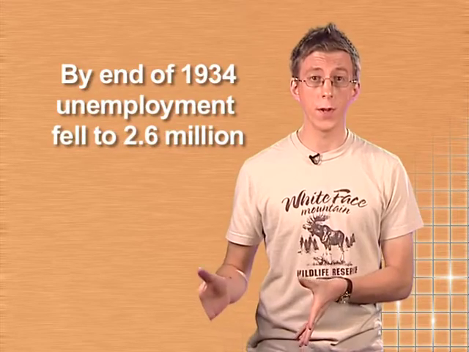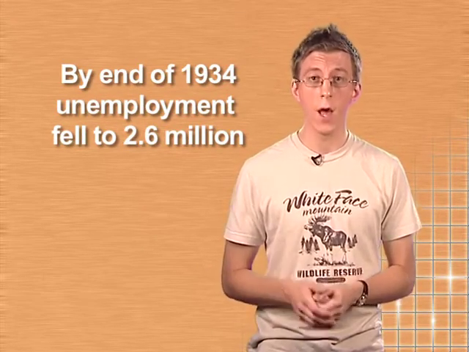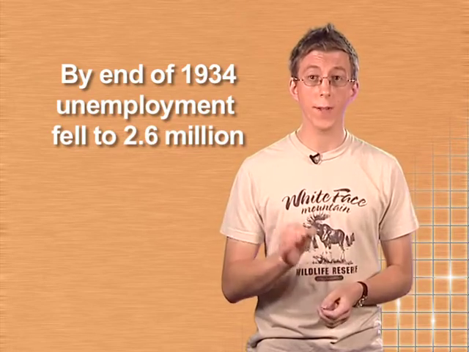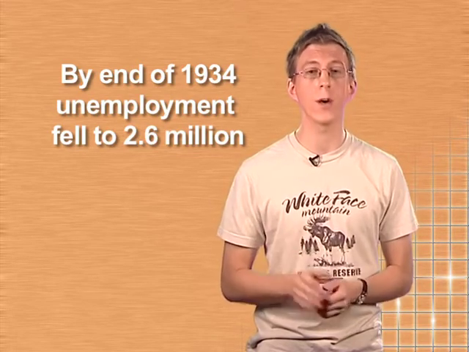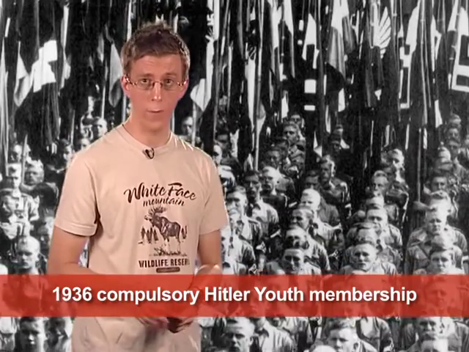And in any case, many Germans were satisfied with the regime. By the end of 1934, unemployment had already been reduced to 2.6 million and was continuing to fall. The threat of revolution had gone and order had been restored. It was really after 1935 that total propaganda became a feature in containing opposition to the regime. For example, from December 1936, it became compulsory to attend the Hitler Youth.